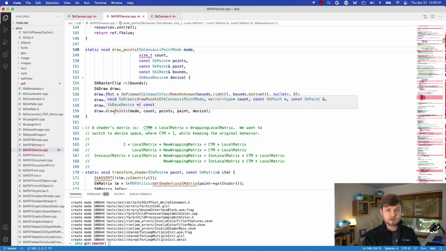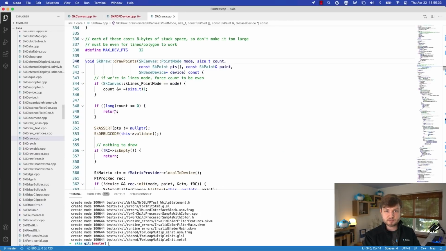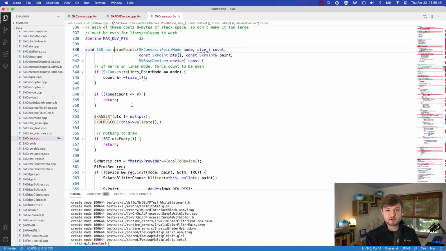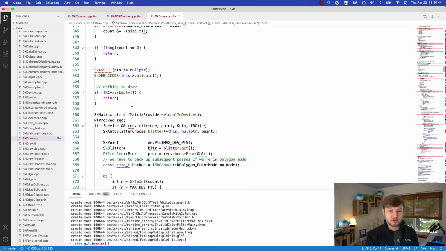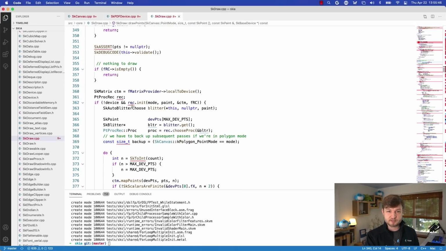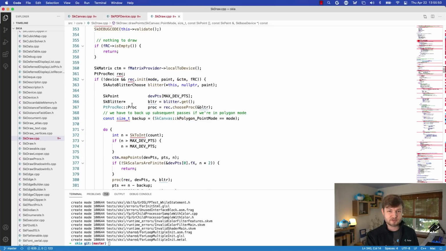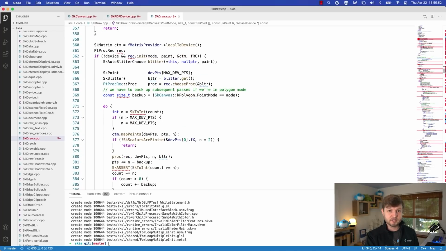So we get into this draw thing, which then draws points. We're still in our checking if count is 0. We're just making sure, absolutely making sure that count is 0. With some more asserts, this looks very similar. It's, well, sort of. Okay, we have another matrix. That's fun. It showed up from the documentation, right? What our